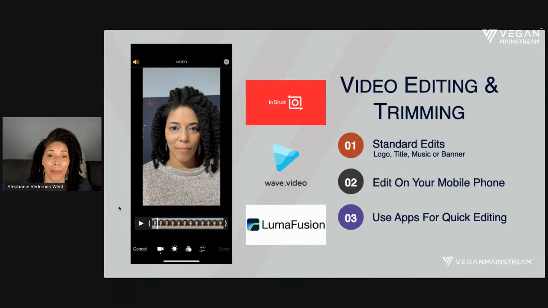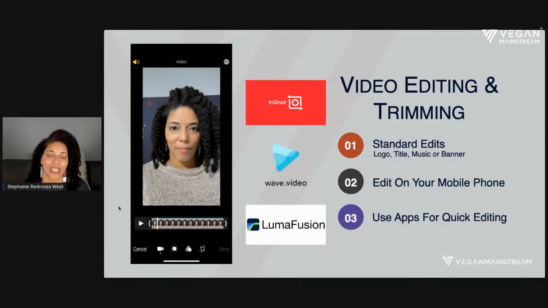But what I find is one of the best ways to edit video is to edit where you take it. So if you're using your cell phone, how many people are going to use their cell phone as their camera, at least to get started, or you could be using your laptop. But I love, love, love using a cell phone for a couple of reasons. Most of your cell phones have editing software. What I used to do is shoot on my phone, send it to my computer, and then try to edit it. But the apps are getting better and better, where even on an iPhone, Apple has their own native editing software. So you can trim videos, you can crop videos, you can do all of that in your phone.